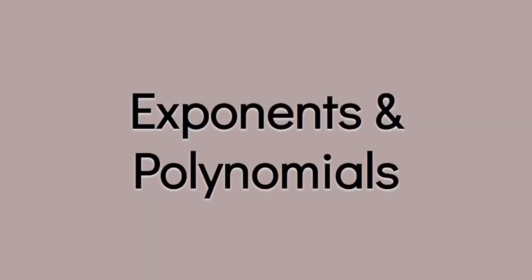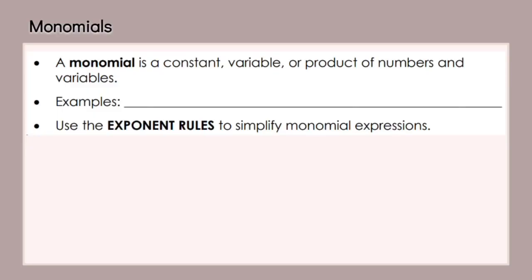Today's lesson is going to go over exponents and polynomials. A monomial is a constant, variable, or product of numbers and variables. Some examples of monomials could be